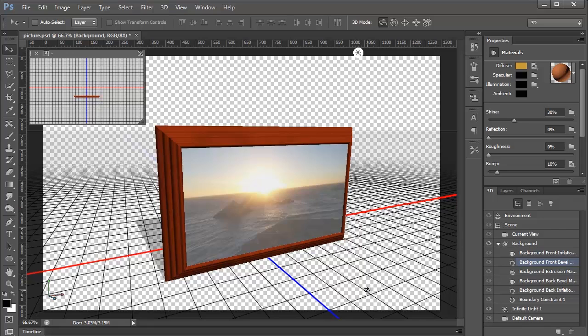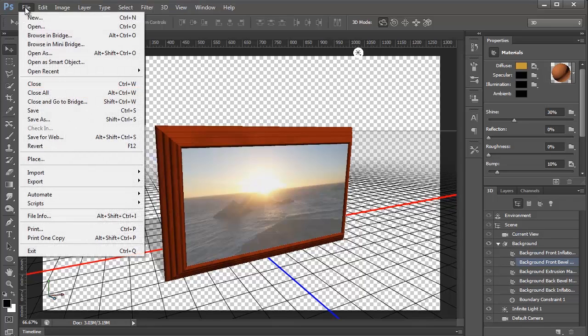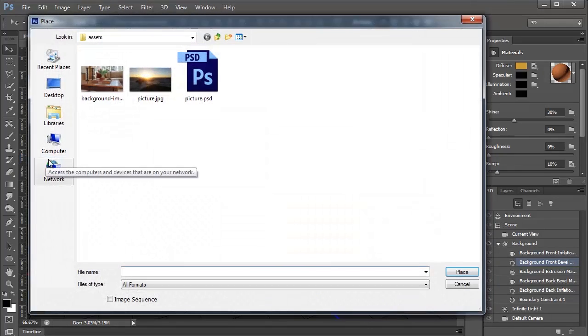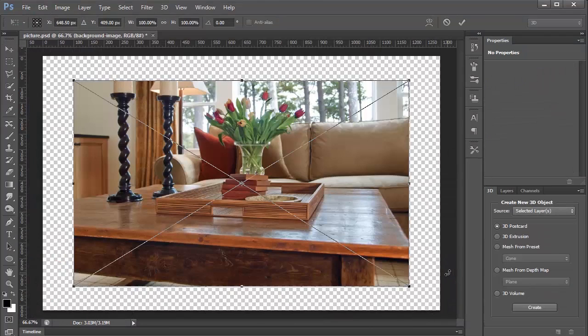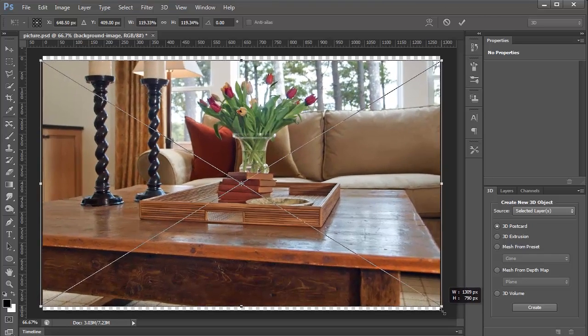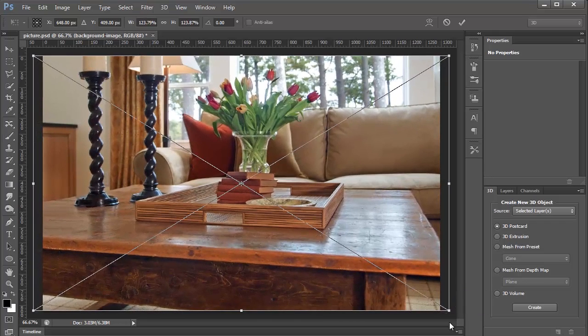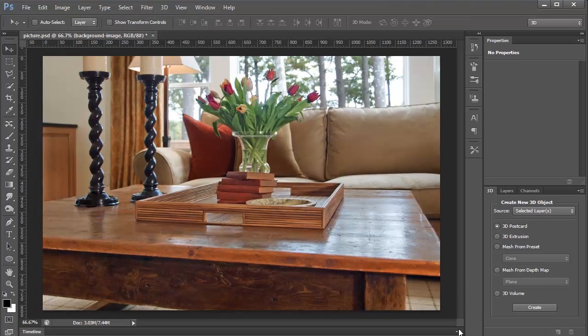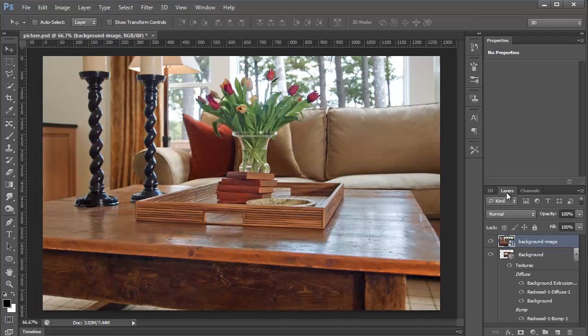What I'm going to do now is bring in the background. So I'm going to go into File, Place, and I'm going to select the background image and click on Place. My background image is not as big as my background, so I'm just going to hold Shift, Alt, and click and drag one of the corners to scale this image so it fits into my background. Press Enter. Go into my Layers panel, and I'm going to click and drag the background image above my frame,